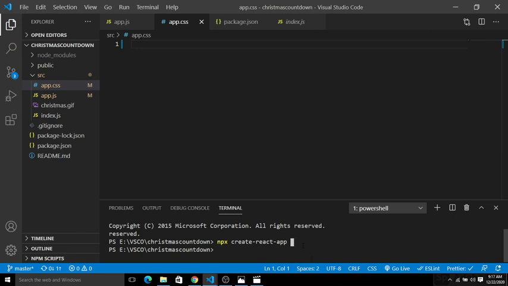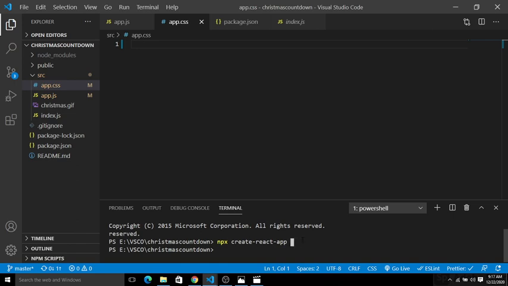You can give any name here, or if you have already built the directory or folder, you simply put a dot or period and a slash. If you have not created a folder, you simply put some name here.